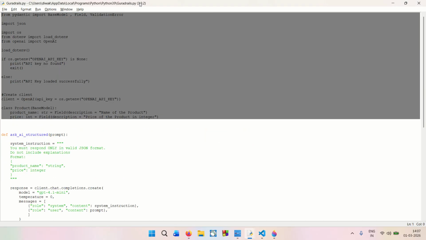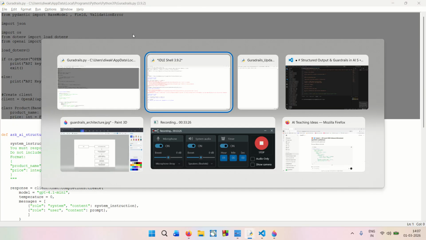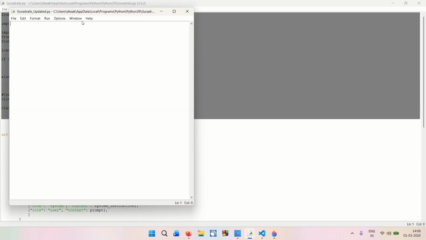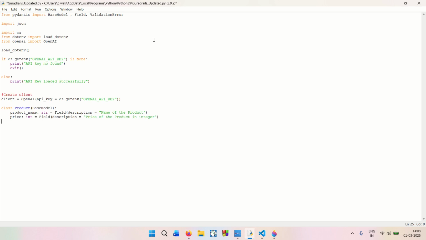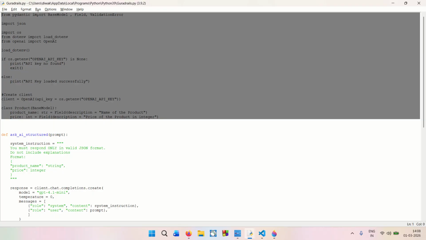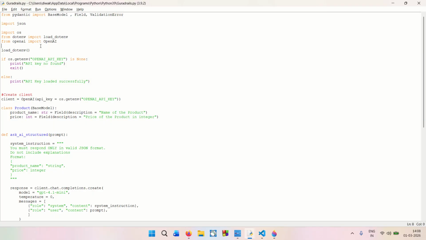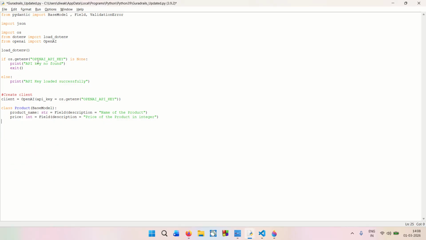Now let us copy the bottom code also, the main chat loop. So I will copy the bottom code as well, which was required to run the code. So that is the bottom code, right? Now we can start writing our code, which is the ask AI in a structured format through the guardrails, right? So let us do the def